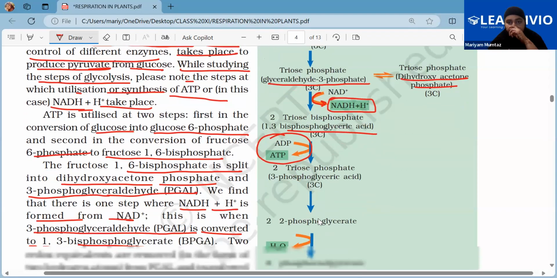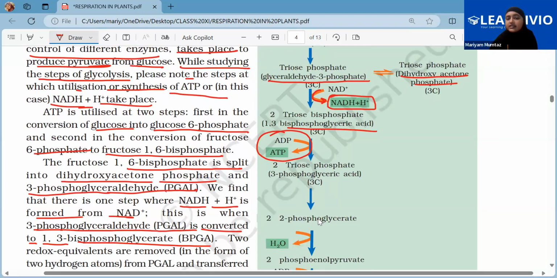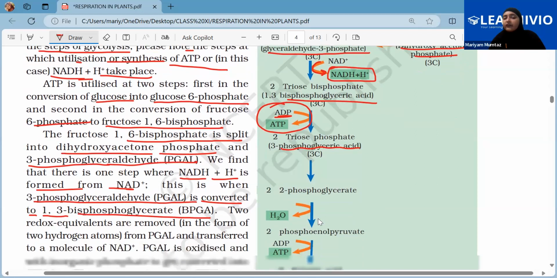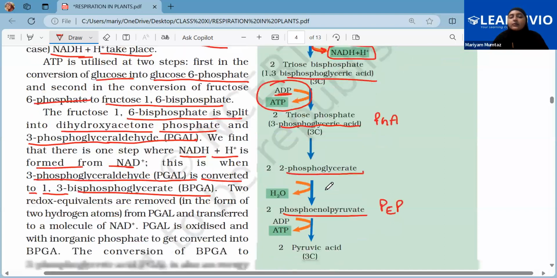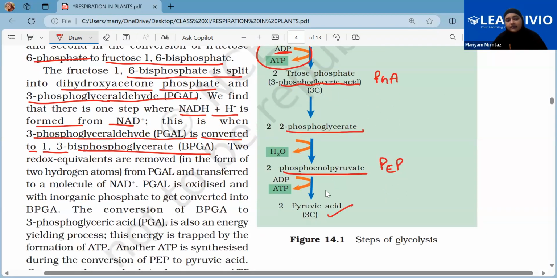All right. Now, after the phosphoglycerol aldehyde has been made, it gets converted into bis-phosphoglyceric acid, and then that gets converted into phosphoglyceric acid, meaning one phosphate gets removed. That is why the one phosphate is going to this ADP and the ATP is being synthesized. Then the phosphoglyceric acid, that is PGA, gets converted into phosphoglycerate, and then the phosphoglycerate will be converted into phosphoenol pyruvate, and lastly it will be converted into pyruvic acid.